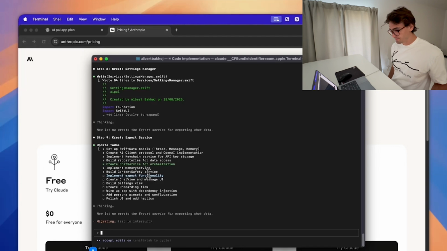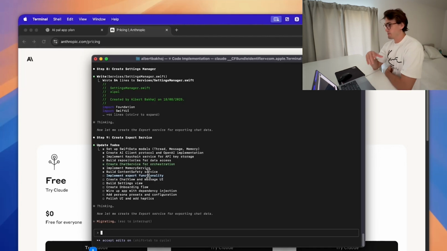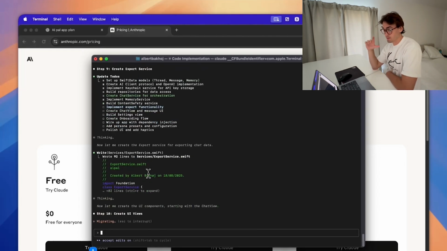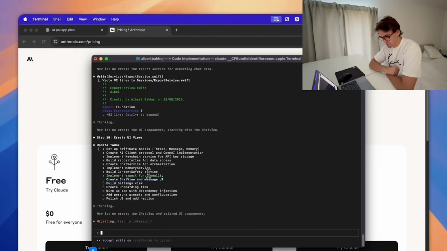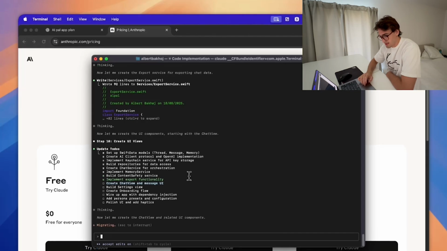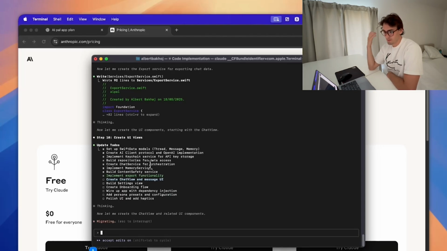But the coffee going, it's honestly amazing the time that we live in, that you can literally just build production level apps in a couple of hours and potentially make millions of dollars online with them. You can see almost halfway through right now. As of now, it has set up the SwiftData models. And here's the thing, I don't even know what SwiftData is. I have never actually coded a mobile app before. I just know that the model knows what it's doing if I guide it and give it the right implementation